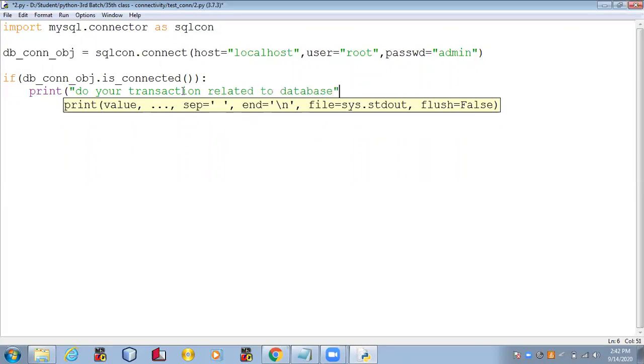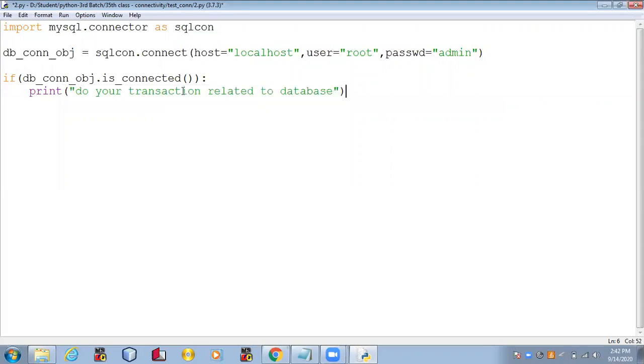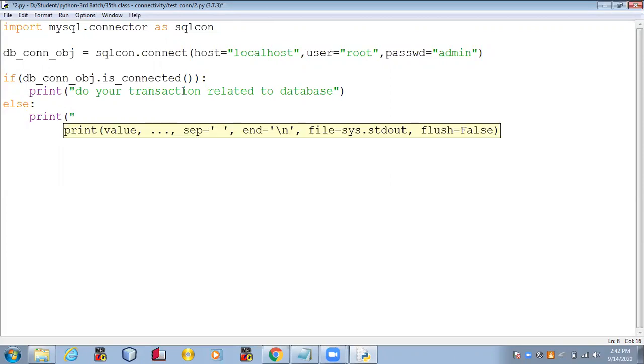Whatever transactions you want to perform, perform them on the database. Otherwise, leave the message: your application is not connected with MySQL as yet.